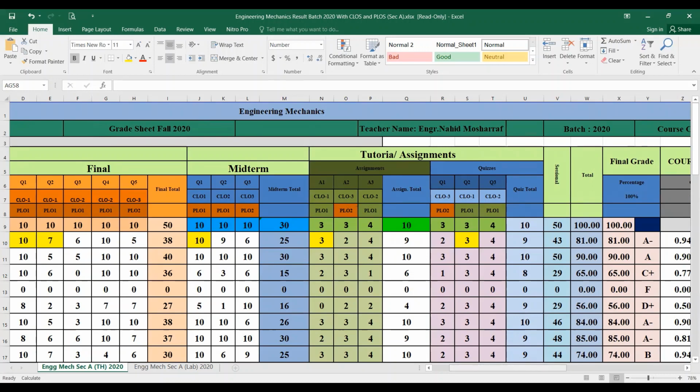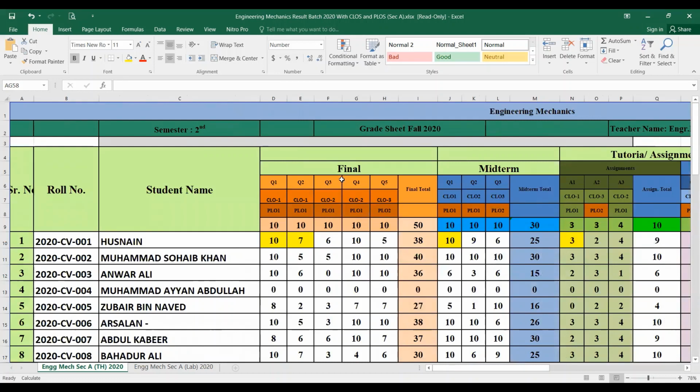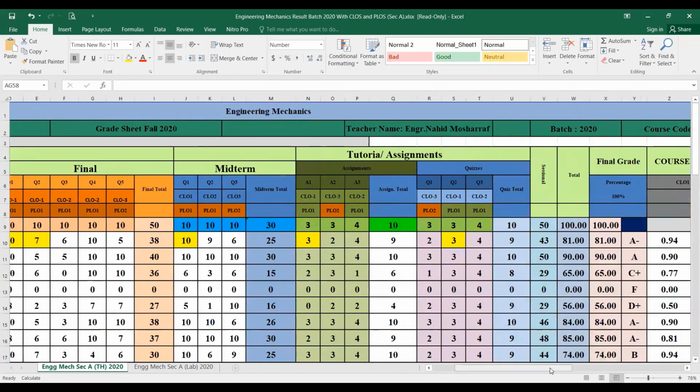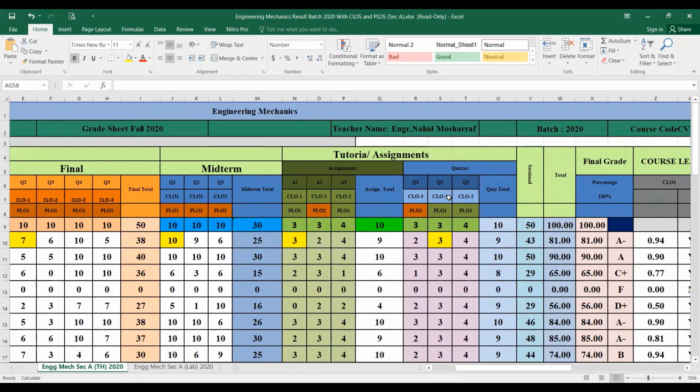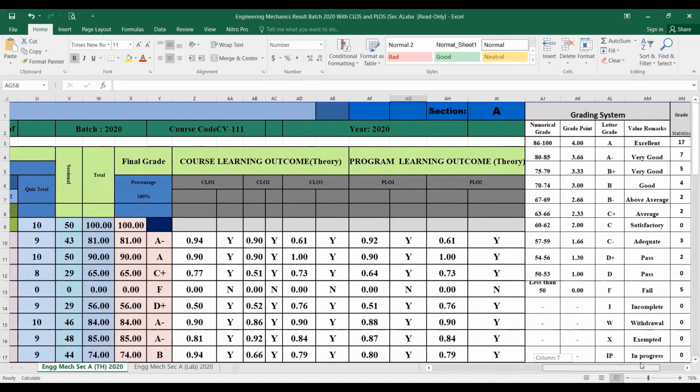So if someone left question number 1 and 2 in the final exam, and that is mapped with CLO1, he or she must ensure that they solve question number 1 which is mapped with CLO1 in the midterm. He also has to give a quiz mapped with CLO1, and the same with the assignments. So students are very important, because we cannot clap with a single hand. Teachers and students both have to put in their effort to increase this CLO attainment.